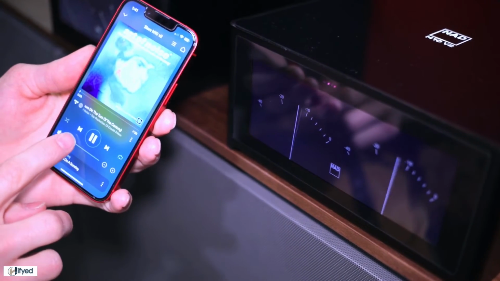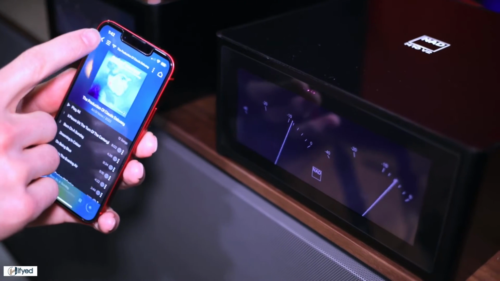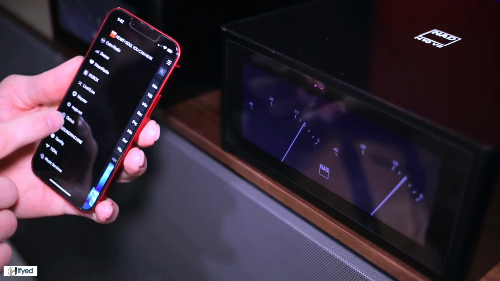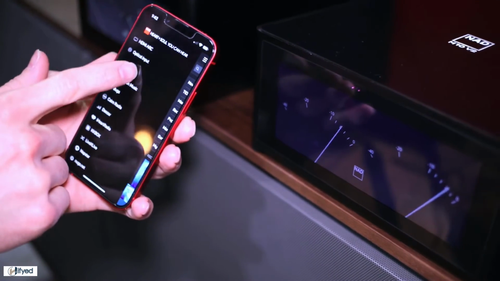Another nice part about the M10 setup-wise is the ability to add all your streaming services and internet radios to the BlueOS app, meaning you can really control all your library through their application. So it's nice that you don't have to constantly navigate from one app to the other to go through your music library. A couple of things that would add to this setup, which we won't go into detail on right now,